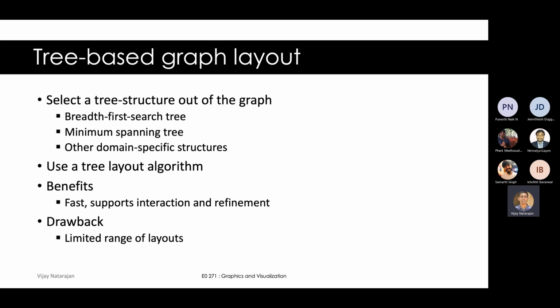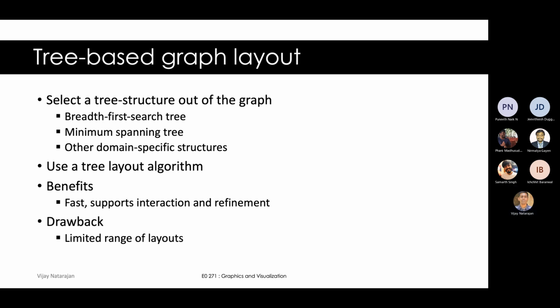So what are some ways to convert? You select an important tree structure within the graph. For example, the breadth first search tree or the spanning tree and so on. Or it can be one tree, it could be a collection of trees. And then you use your favorite tree layout algorithm to display that tree and optionally show the additional edges